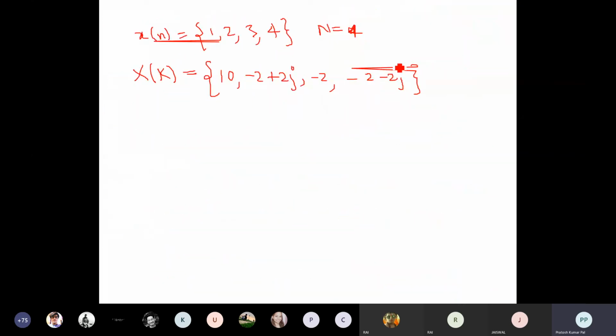Okay, ठीक है. So finally, given x of n, we can find x of k. After that much calculation we will be getting this value. Okay, so it was somewhat difficult to solve it manually. So there are some methods or some formulas that can directly find the DFT calculation. So there are some methods, we will be taking note of that. So this was the sequence, and x of k is your DFT. So we will see some properties of DFT.